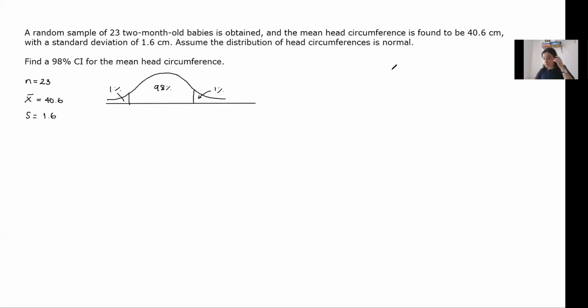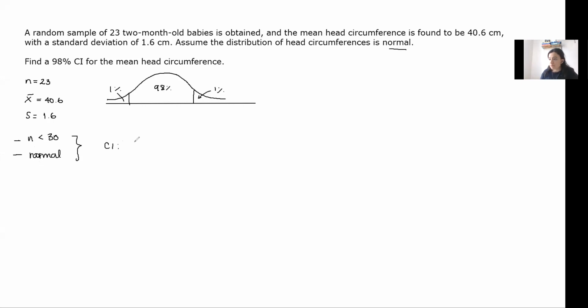All right. So in this case, we have a couple of things. The first thing is that we don't have a large sample, right? So n here is smaller than 30. That means I can't use the formula for large samples. But I was given that the distribution of the data is normal. And so that is the second thing. Because of this, I know that I'll be able to use the formula for the confidence interval,